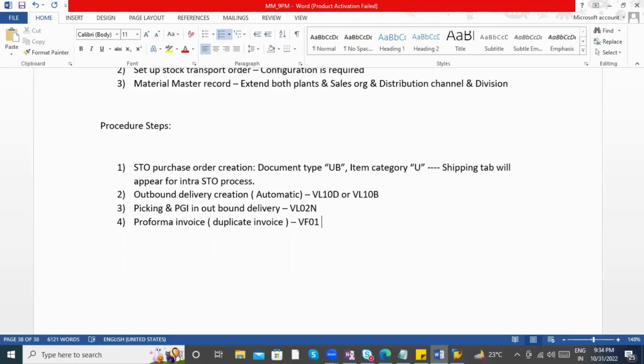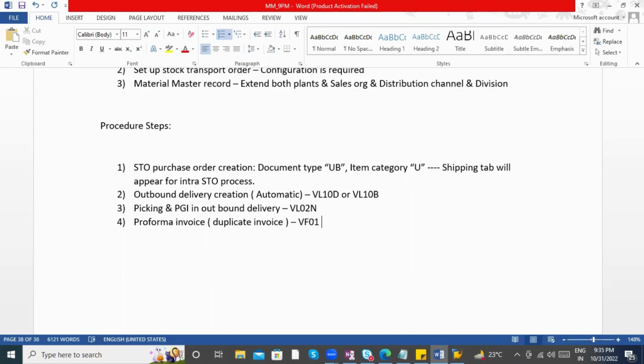Because we are creating a shipment document, right? That means you are planning to transport from one location to another. Suppose I am transferring from Hyderabad to Tamil Nadu or Hyderabad to AP. That means you are moving the stock from one area to another. So suddenly, when the tax department or sales department catches you,